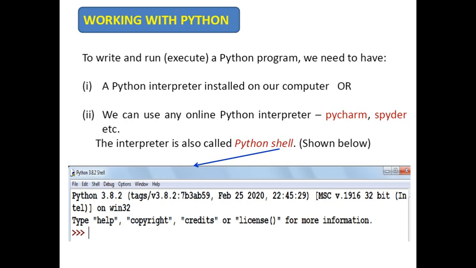Now, let's see how to work in Python. To write and run a Python program, we need to have one of the following. A Python interpreter must be installed in our computer, that is called Python IDLE. Various versions are there. Here I am using 3.8.2. The earlier version first started in 1996, Python 1.0, and gradually development occurred, and currently 3.8.3 is available